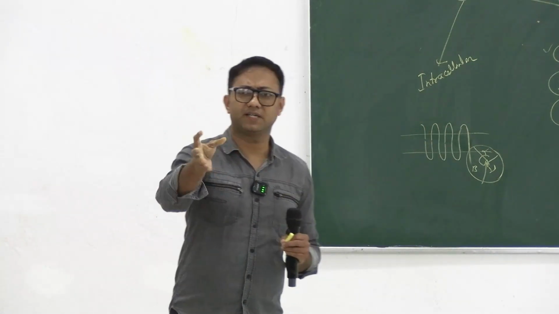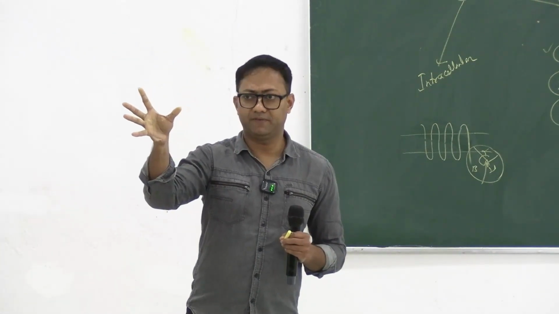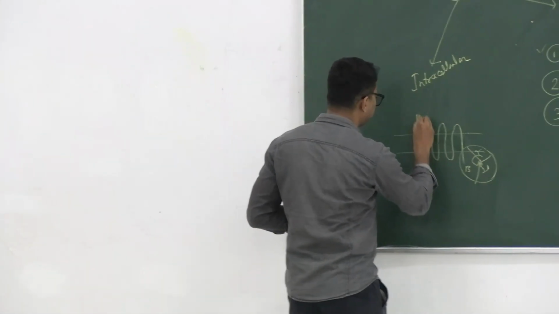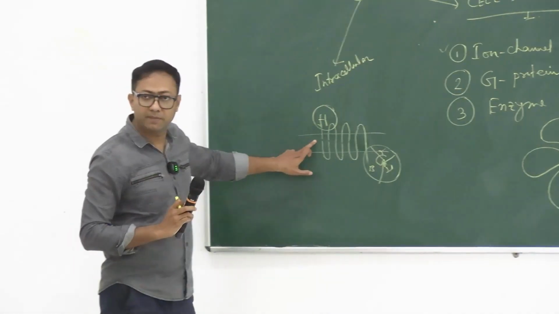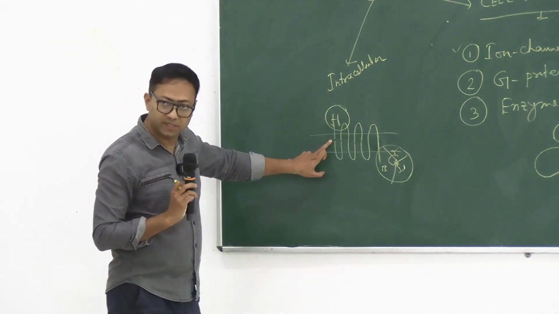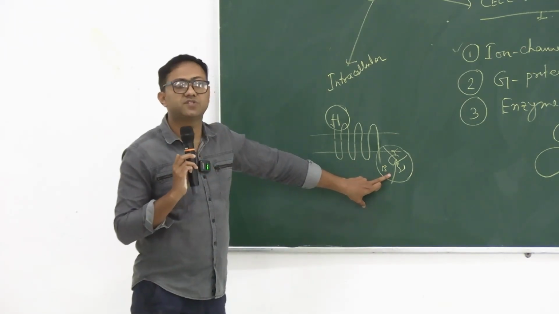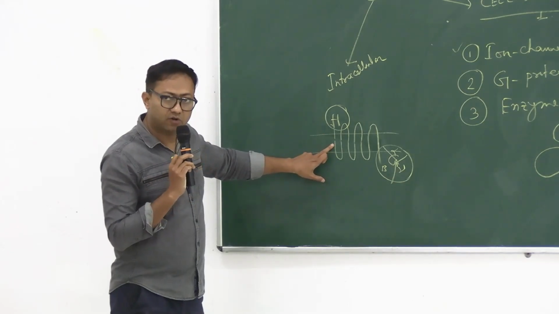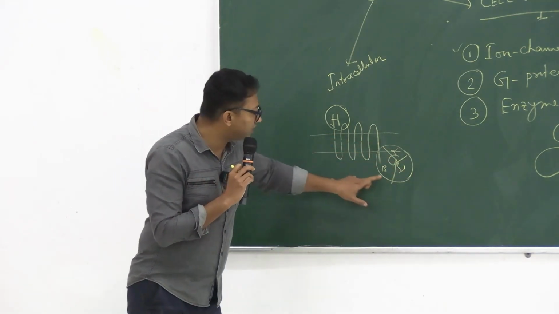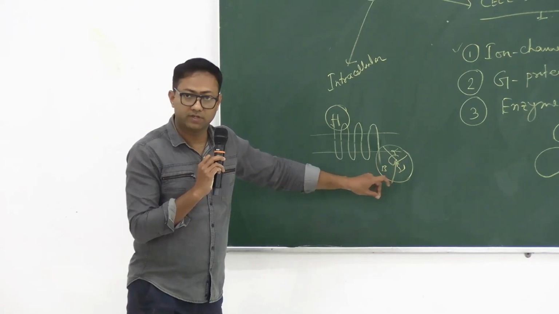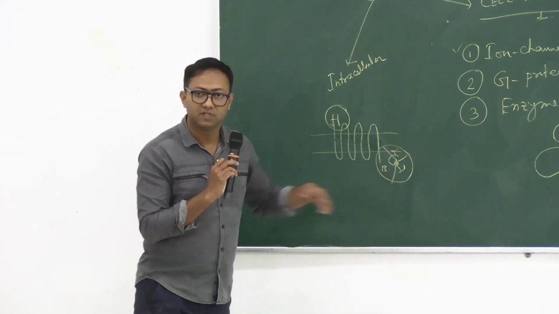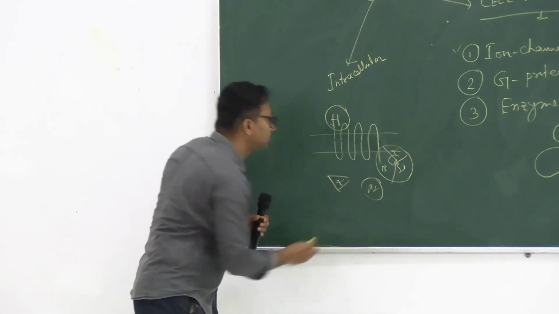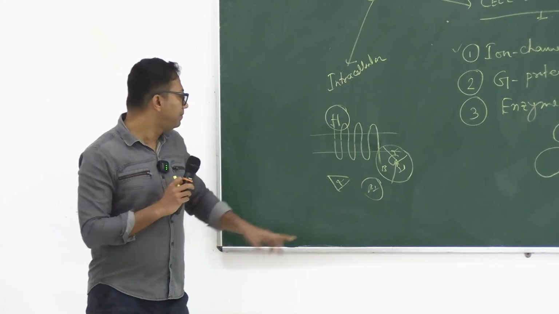Now take any example, say for example epinephrine or ACTH, a hormone. So that hormone will bind here, G protein में bind करेगा. Now once the hormone binds to the G protein coupled receptor, there will be dissociation of all the subunits in the G protein. G protein में क्या क्या subunits है? अल्फा, बीटा, गामा. अल्फा सेपरेट हो जाएगा, this is alpha, and beta gamma एक साथ रहेगा, ठीक है।